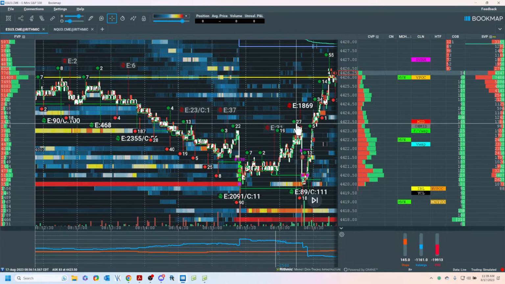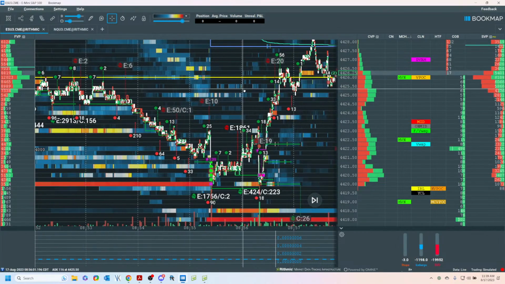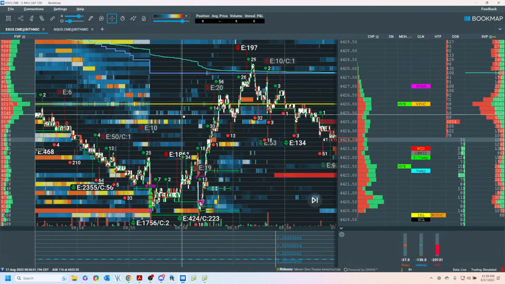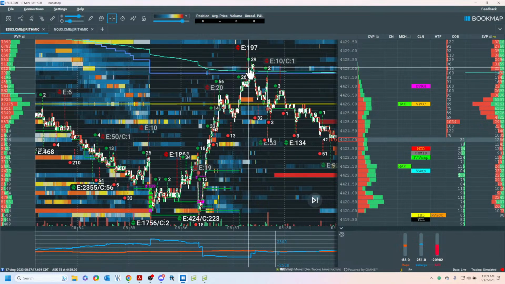And then, so seller, and then rip higher. Look at this thing. This is retail. And where are the retail stops? Stops are at mid and VWAP. So let's go forward. See, this is a short.